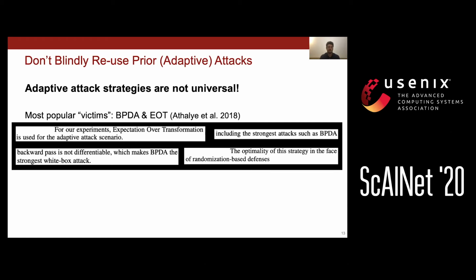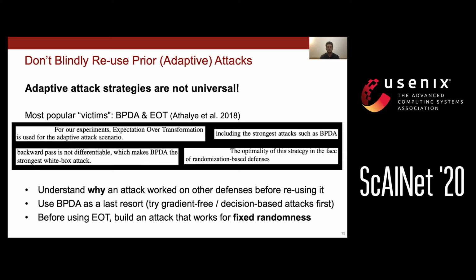But this does not mean that they're always appropriate to use. So we should really take the time to understand why previous adaptive attacks worked before using similar ideas in a new evaluation. Because these prior attacks were specifically tailored to some defense, we have to make sure that the same assumptions and invariances hold for the new defense we're trying to evaluate as well. And that's why our paper gives a lot of details on our process for designing each attack, because usually there are a lot of assumptions that have to be met for each of these attacks to work.